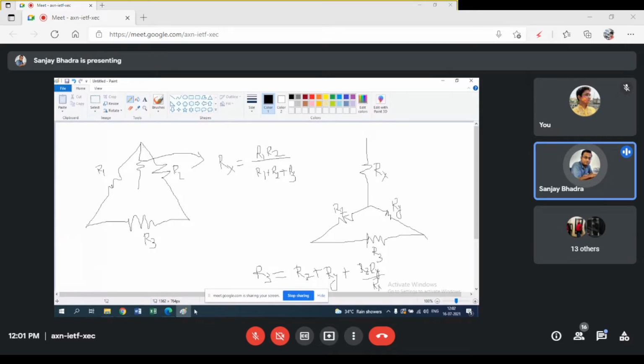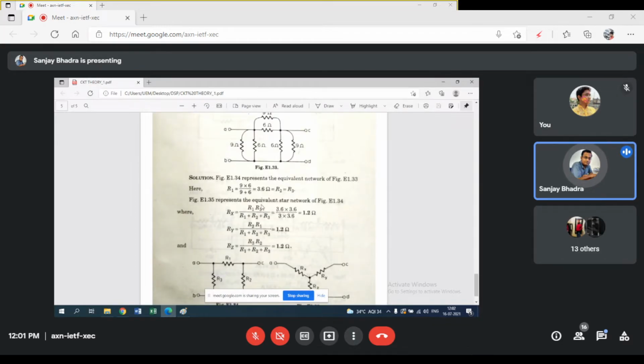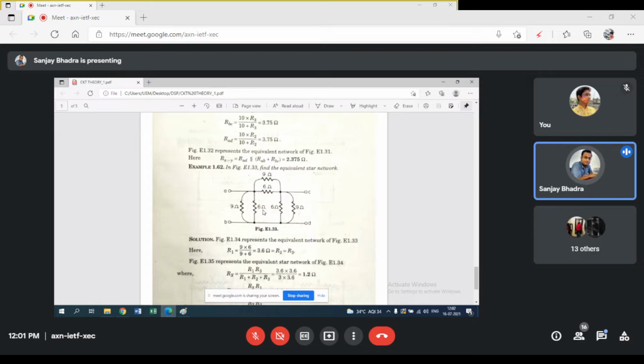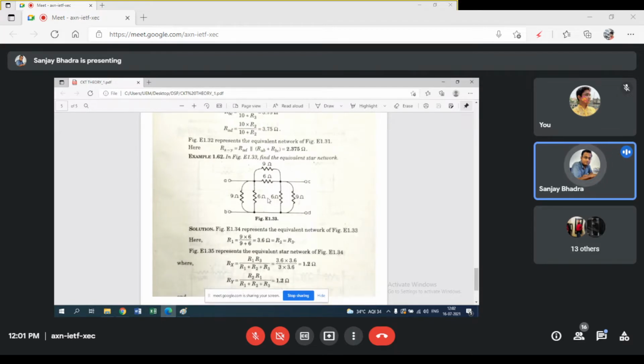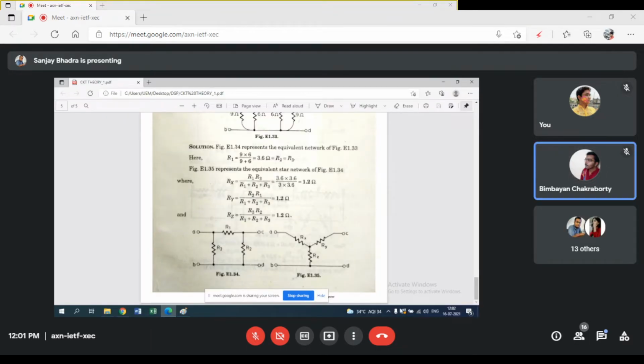Okay, so let us get back to the problem that we were discussing. If you have got this and the star configuration, and you go back to the delta one, are we getting the same thing? This is not part of the given problem, I am only telling you to do it for your understanding. Is that okay with everyone? Yes, sir. Okay, fine.